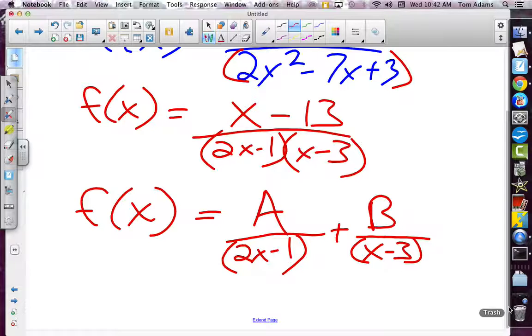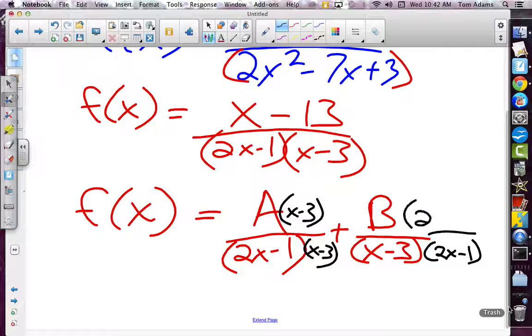So the only factors we have are 2x minus 1 and x minus 3. So this needs to be multiplied by x minus 3. Well, whatever you do on the bottom, you've got to do on the top. And then this needs to be multiplied by 2x minus 1. And again, whatever you do on the bottom, you have to do on the top. So at that point,